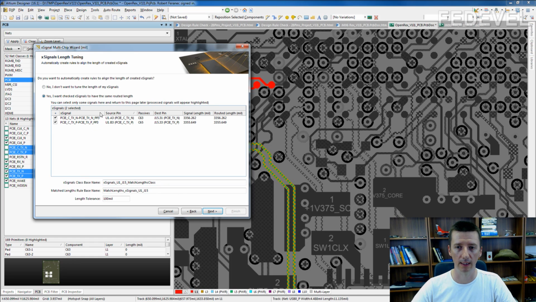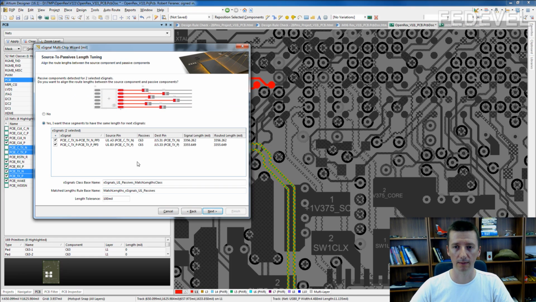For these xSignals, we are going to call it xSignals PCI Express TX, and we would like to create also the length matching rule because we would like to have them in tolerance 5 mils, and I will name this rule like this. Next,